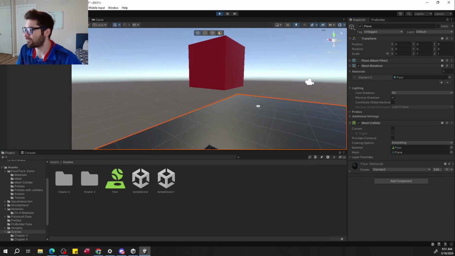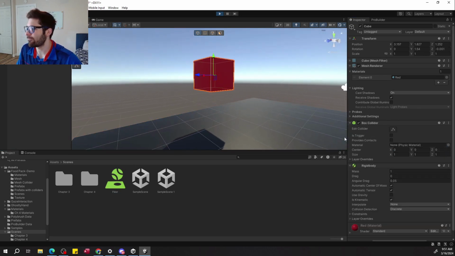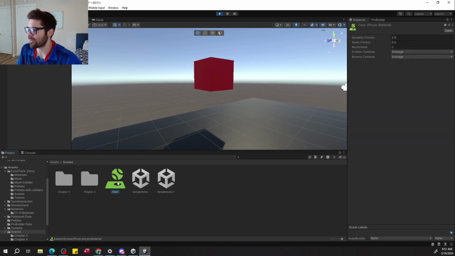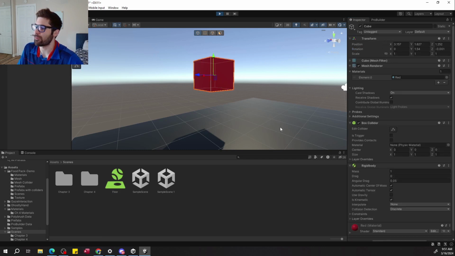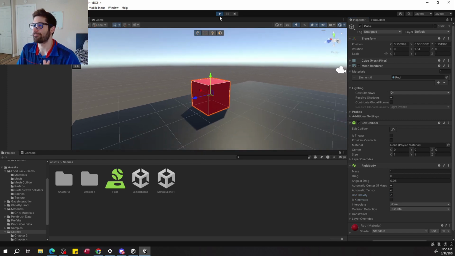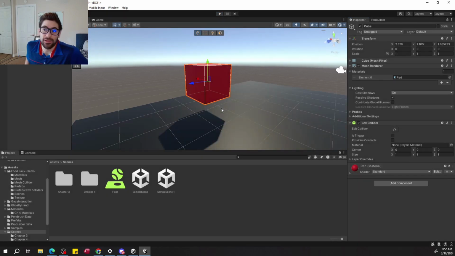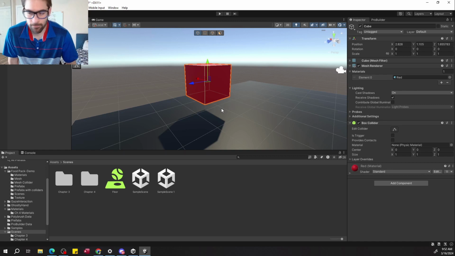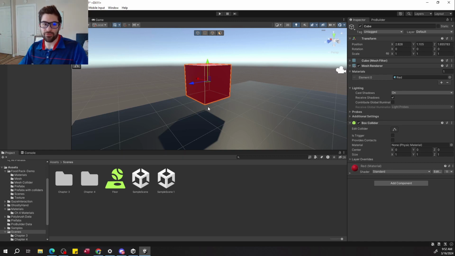I give it a floor material, and then I allow gravity on this again. Let's say that I make this super duper bouncy. Well, I don't know what happens if I put it above 1. Maybe that makes it go faster than it's going when I hit it. Turn this off. And you can see it bounces now. So that's a way that you can add some more realism when it comes to those physical objects and how